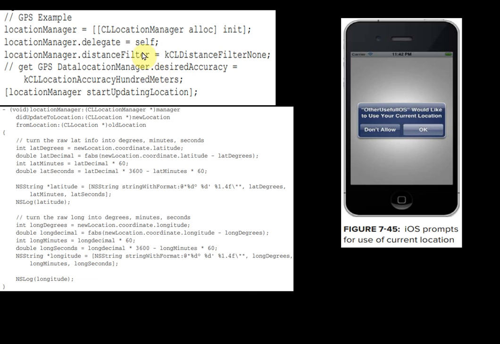Here we can see the location manager class. This is used to send out updates anytime the location is changed. So with GPS, we know that when we go from one place to another, the location will be tracked, right? So you have the class here, CLLocationManager. What this class does is send out updates every time your location is changed. Okay, so these updates are sent using the delegate pattern.